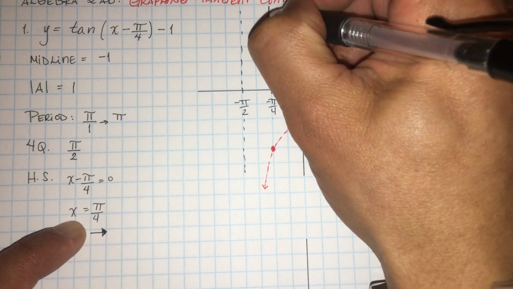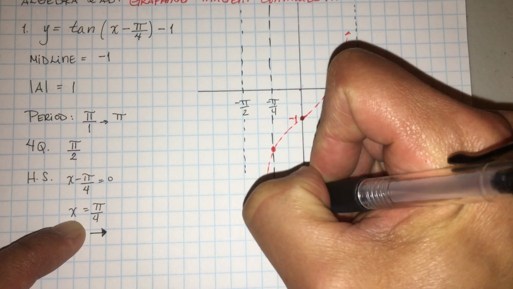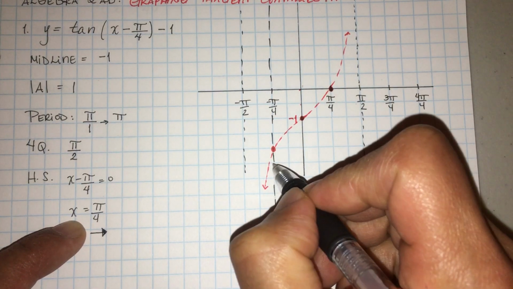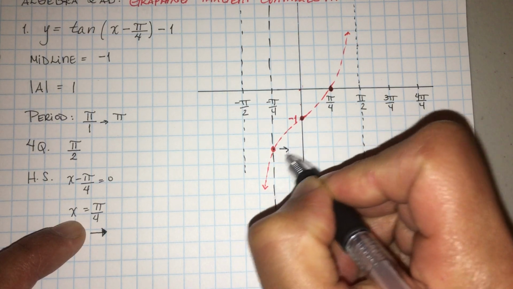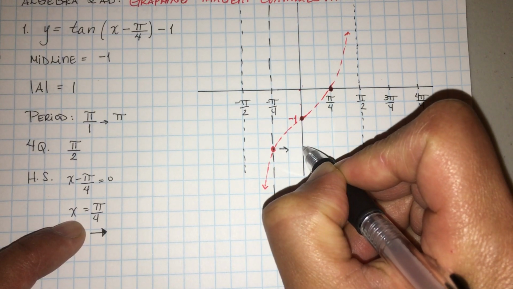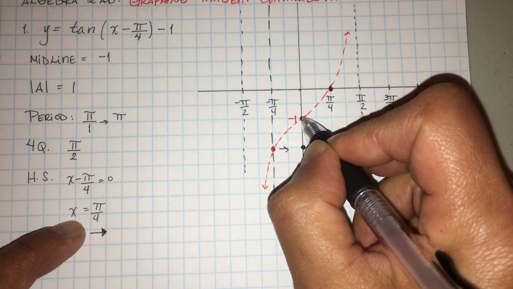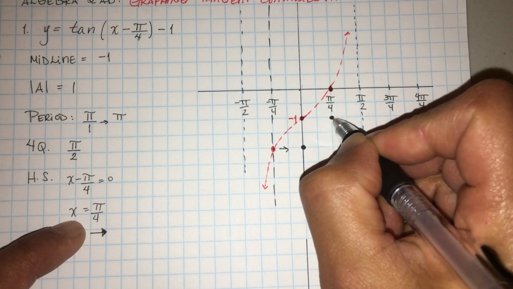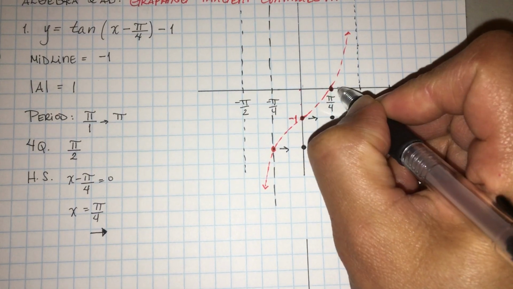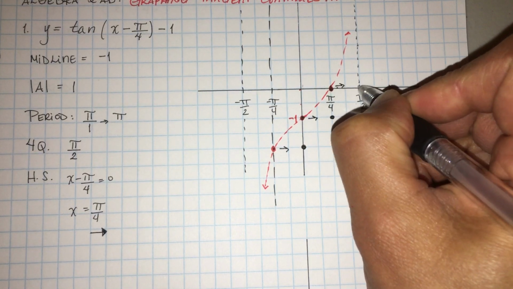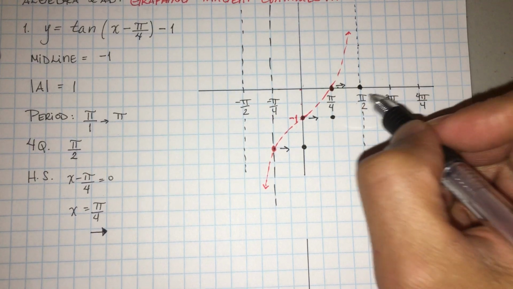Okay. And I wish I had a different color pen, but I don't, but that's okay. So then this guy's going to move pi over 4. It's going to go over here, right there. This guy's going to move pi over 4. It's going to move right there. This guy's going to move pi over 4. Is going to move right there. Okay. And then this asymptote is going to move pi over 4